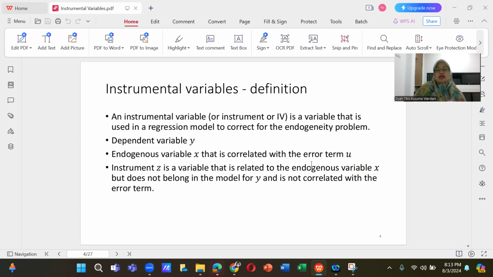Then we have dependent variable y and also endogenous variable x that is correlated with the error term u. Instrument z is a variable that is related to the endogenous variable x but does not belong in the model for y and is not correlated with the error term.